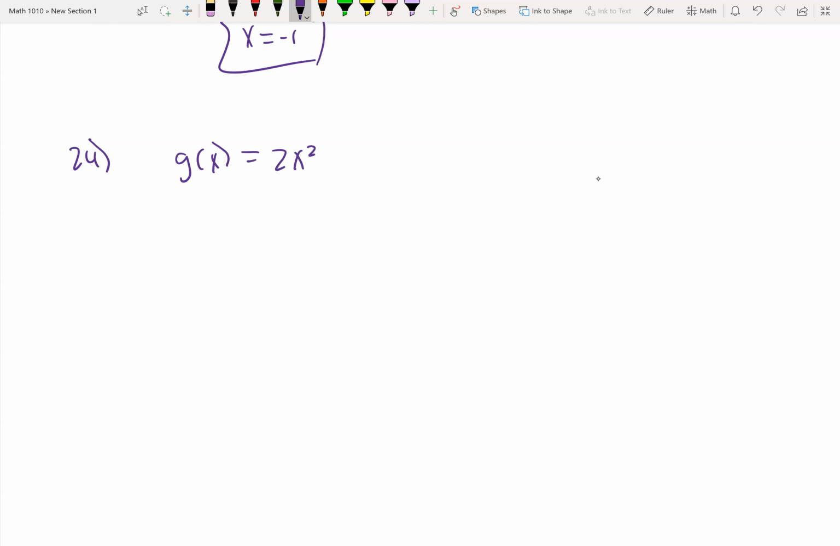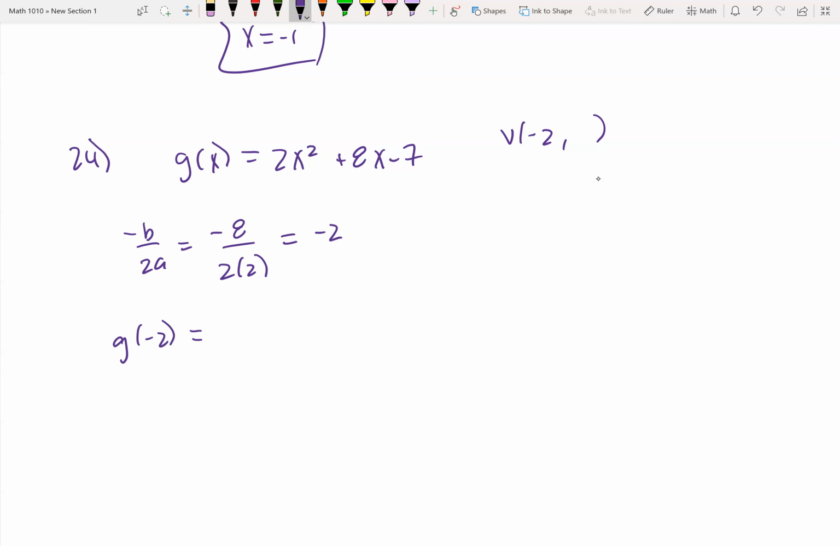Okay, so this is a quadratic, which means it's a parabola, and they want you to graph it. So I would do -b over 2a to find the vertex. So that's -8 over 2 times 2. That's -8 over 4, which is a -2. So I know my vertex is -2 comma something. Now to find the y, go g of -2 is 2 times -2 squared plus 8 times -2 minus 7. And when you put that in your calculator, you get 8 minus 16 minus 7. That gives you a